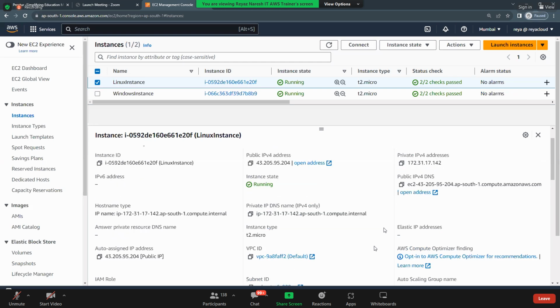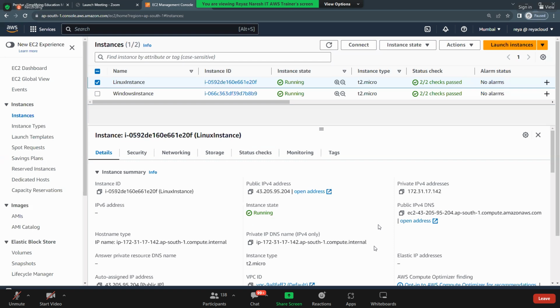So guys, everything about the EC2 instance, you will get it from which section? Details section. So generally what we look for in the details section for the EC2 instance is mostly the IP addresses. Yes or no? If I want to know the IP address of the EC2 instance, from where do you get it? From the details section.